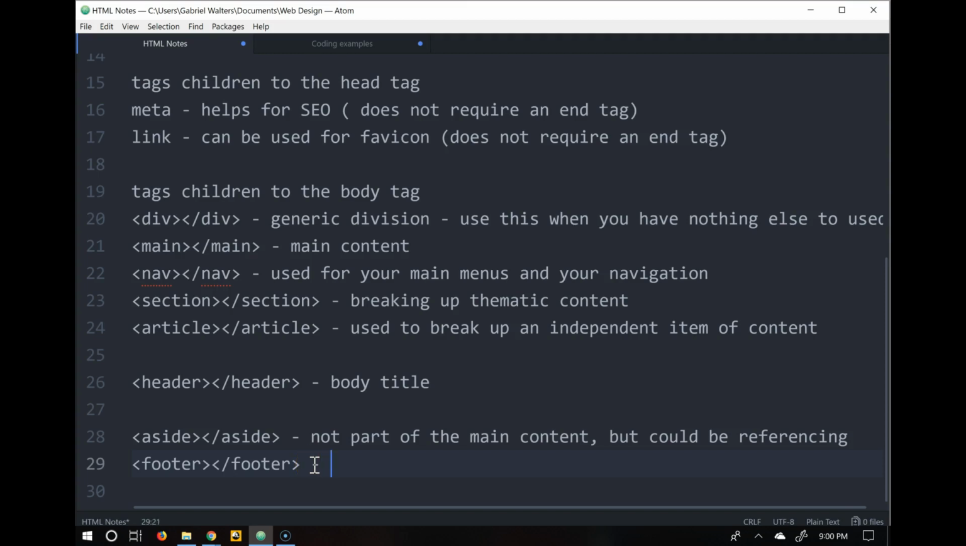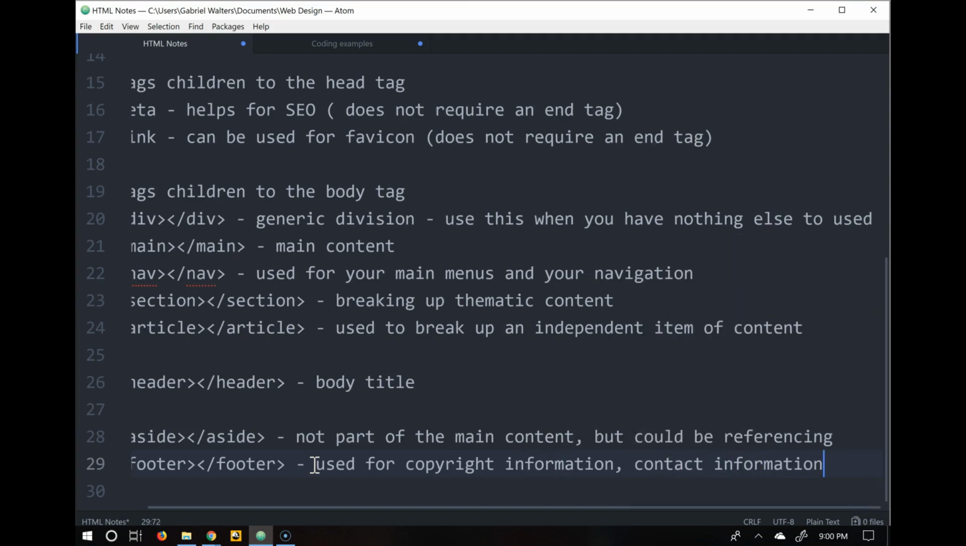So that's like used for copyright information, contact information. Maybe you'll always have some contact information on every single page. That is what we could use it for. So if we were building some of this